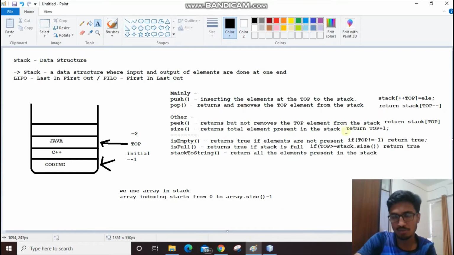We are returning top plus 1 because top will be pointing at the top element. So we will be having the top index with us, and we can just simply add 1 to it because the indexing starts from 0. So if we are to return the size of the stack, we just simply have to add 1 to give the size. If you are still confused, you can watch the previous videos of the same series. The video link will be somewhere in this I button, I think, here, so you can see that.